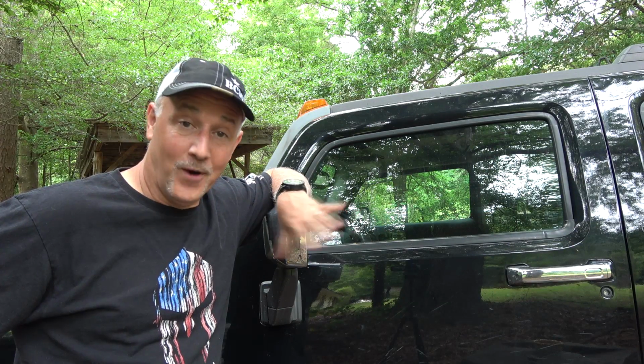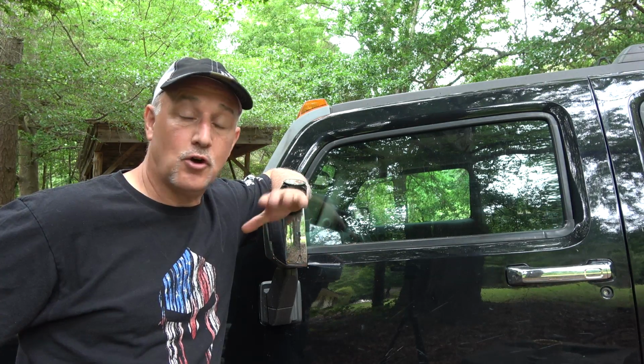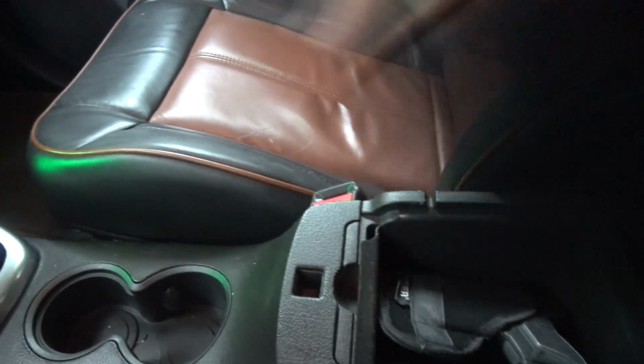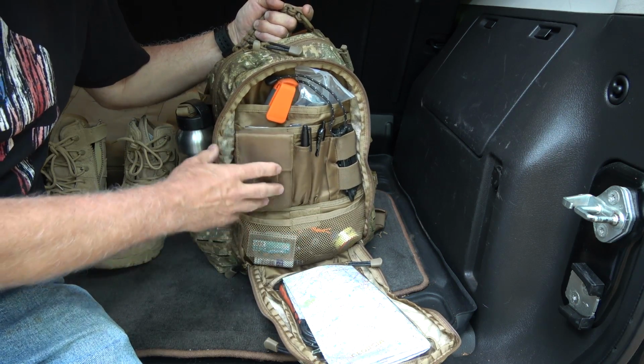This is typically what I have in my vehicle. To some it may be across state lines and different. Carry a little backup, have a Walther. Of course, I have all the regular stuff in here. Of course, I have in the survival wilderness